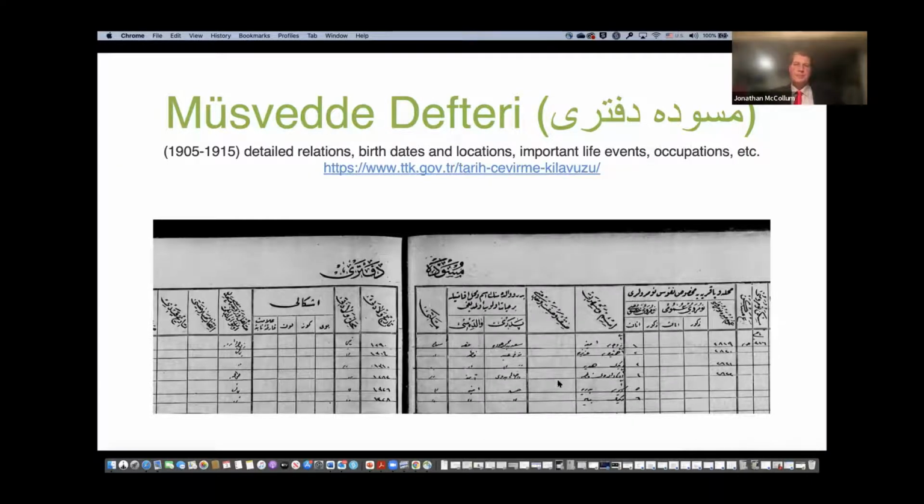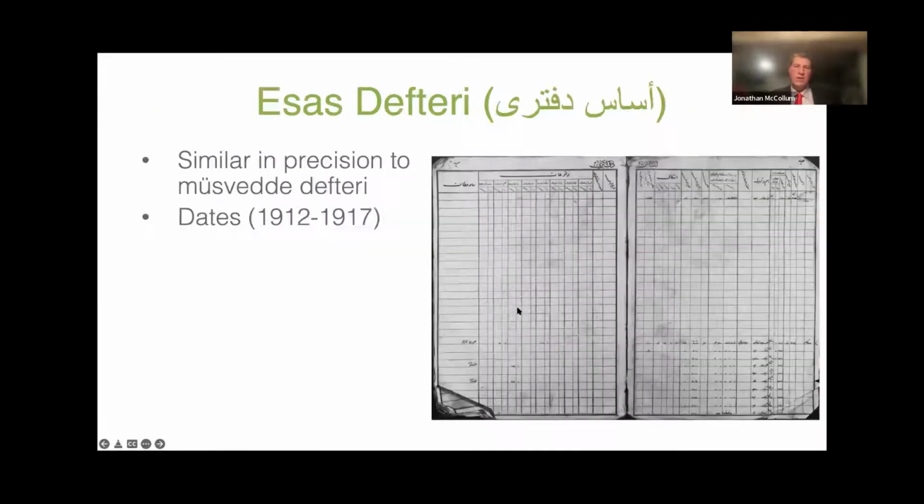Okay, now moving along. There's one more record type that we have encountered. That's the Esas Defteri. This is yet another Nüfus defteri, another Nüfus register. It's basically similar in precision to the Musvede defteri. It has all the same information on it. And the dates that we're seeing for Nablus are between 1912 and 1917 right now. So this is a pretty potent